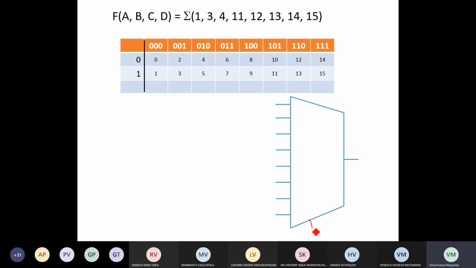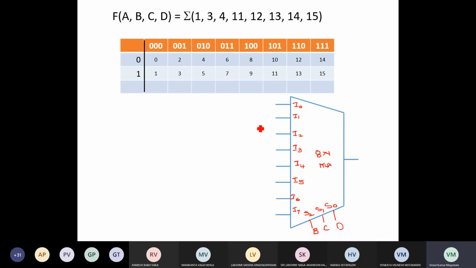So we will have three selection inputs, right? S2, S1, S0. So BCD we will connect as the selection input. Here we will have I0, I1, I2, I3, I4, I5, I6, and I7. So 8 cross 1, same 8 cross 1.